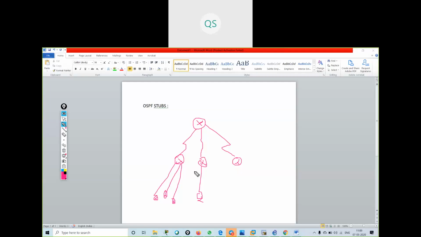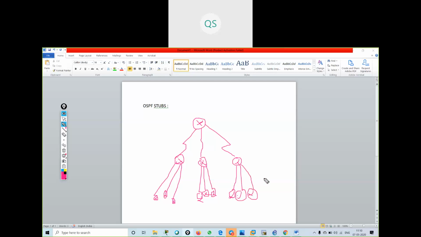In my network, suppose here I am having some routers. These routers are connected with some more routers. Over here also I am having some routers, and here also I am having some routers.